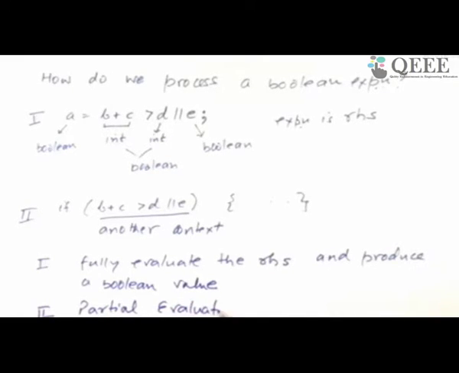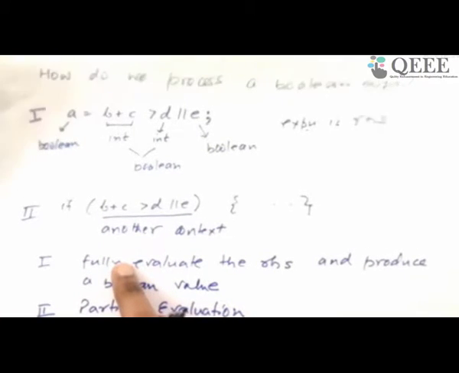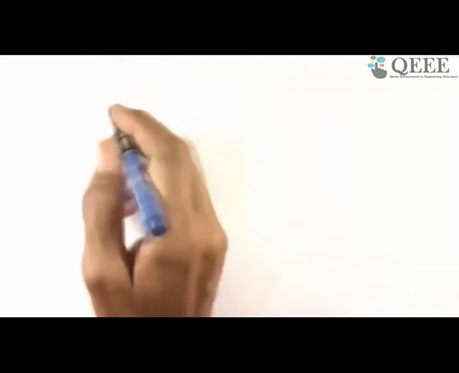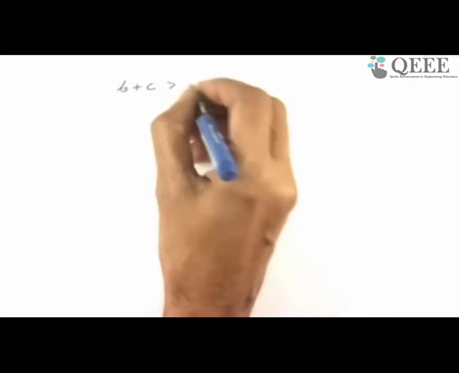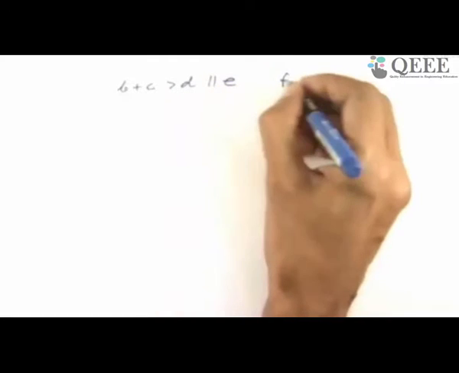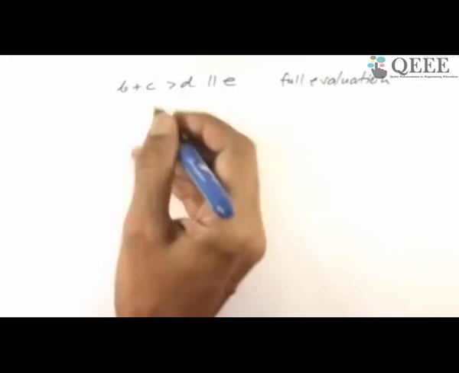Firstly, what is the difference, for those who are hearing for the first time? You heard before, no issues. So the difference in this case is in the following way. My expression, remember, is B plus C greater than D or E. And depending on the context, is it the RHS of an assignment, or is it a condition of a control flow construct? So if it is to be fully evaluated, this is what it means. Full evaluation says no shortcuts, no smartness, just completely evaluate the expression as you are supposed to do, which will mean something like this.